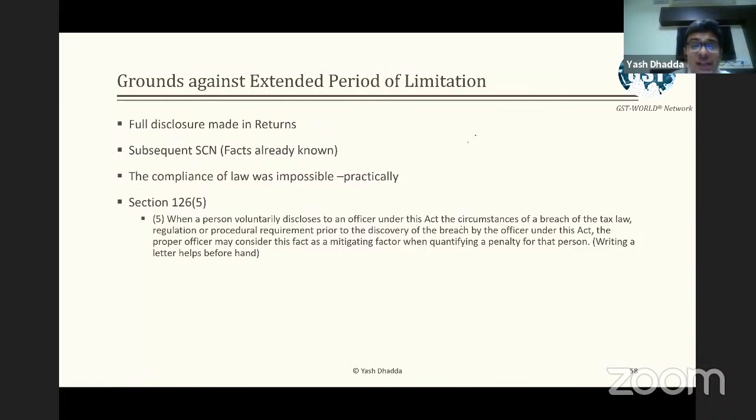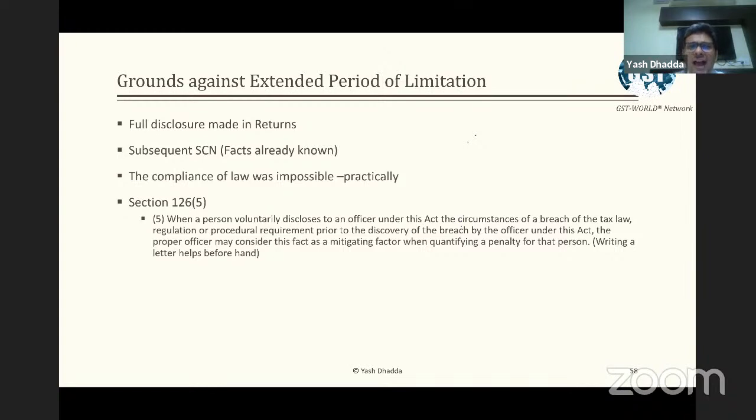Then we have section 126 subsection 5, a very relevant section, and in fact this is one of those things which every professional should know, because this is something which has been written but probably we ignore. It says where a person voluntarily discloses to an officer under this act the circumstances of a breach of the tax law, regulation or procedural requirement prior to the discovery of the breach by the officer under this act, the proper officer may consider this fact as a mitigating factor when quantifying penalty on that person. It becomes very clear that once we have intimated this, the proper officer can basically decide the quantum